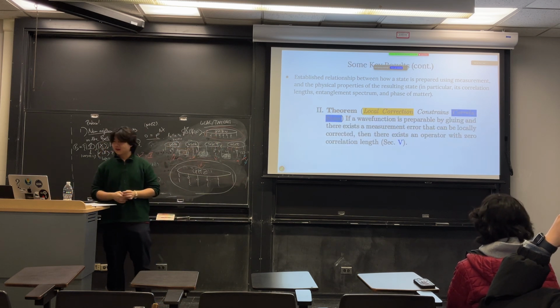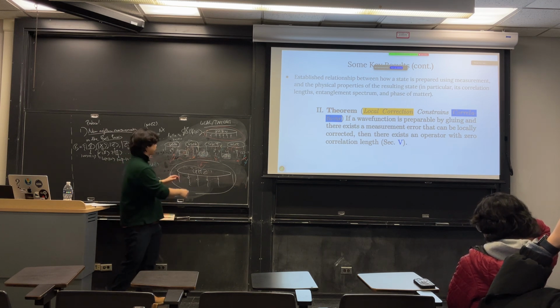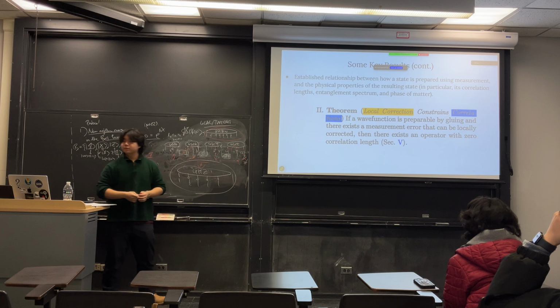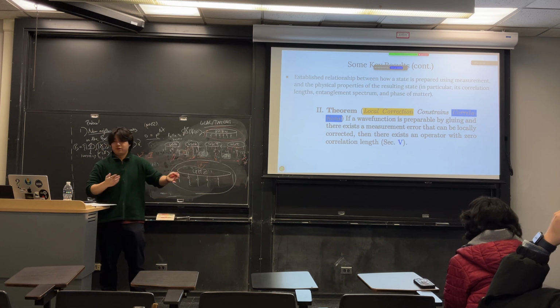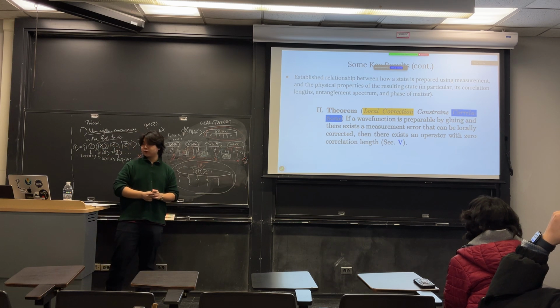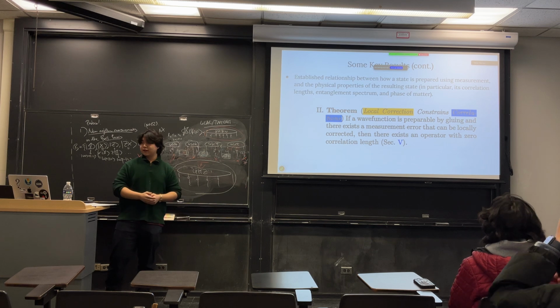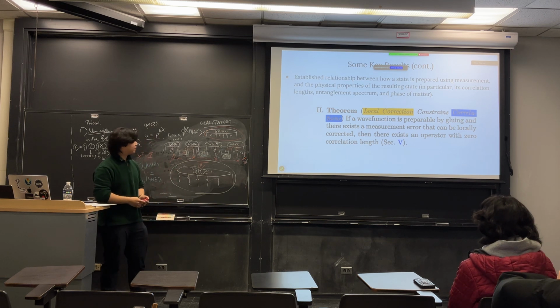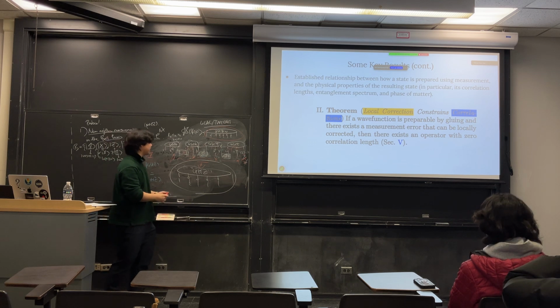And another theorem would be local correction, so having to correct things locally, like here. It constrains correlations. It says if a wave function is preparable by gluing, and measurement errors can be locally corrected, then there exists an operator with 0 correlation length. And the idea of correlation is that,